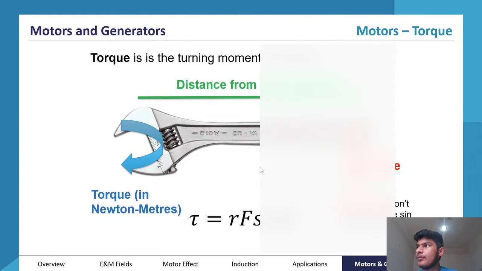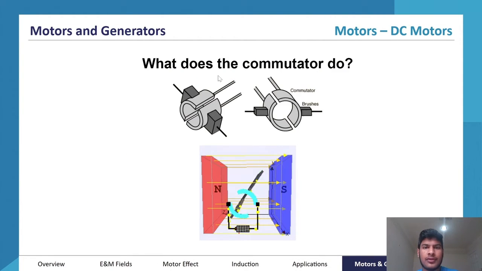Okay. Now, here's a key question. What does the commutator do? Well, this is the split ring commutator that I talked about before. What does it do? Well, it reverses the direction of the current every 180 degrees so as to maintain a constant flow. So what I mean by that is, in this animation, if you have a careful look, you can see